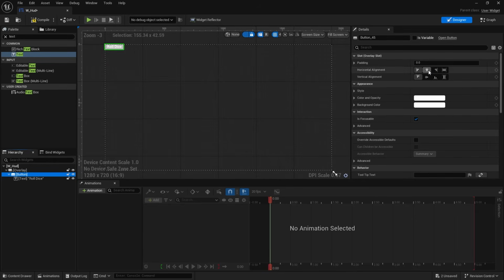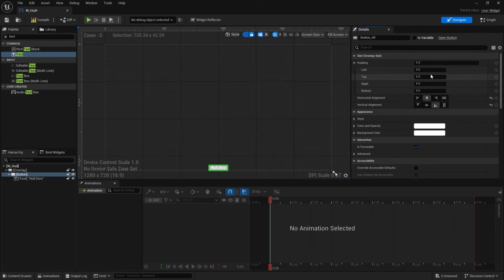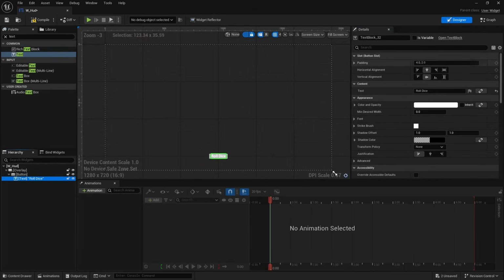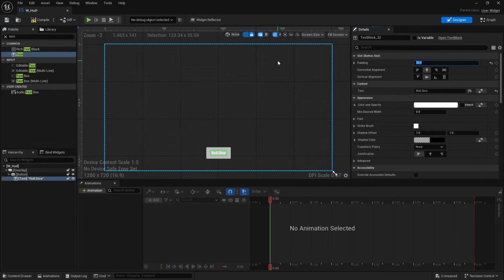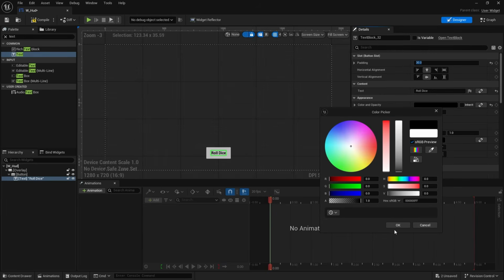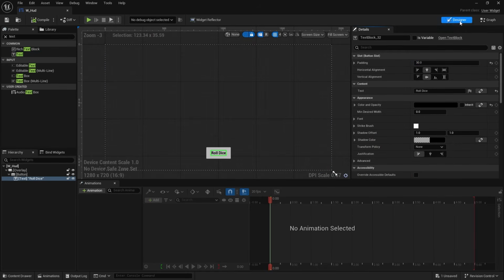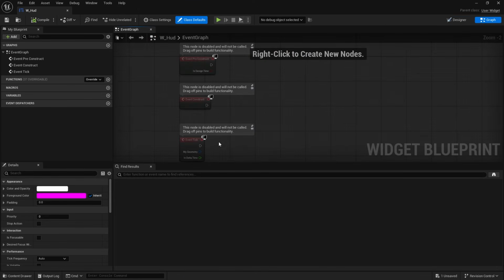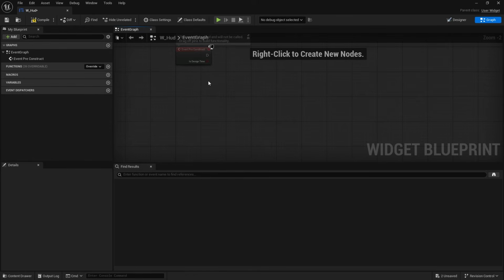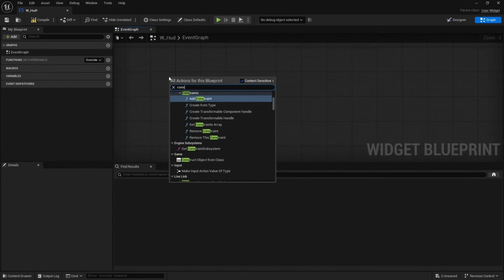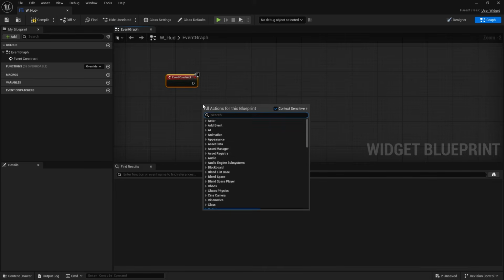And we'll put the button at the bottom there. Something like that. And what I'm going to do is on the construct of this UI, I'm going to get